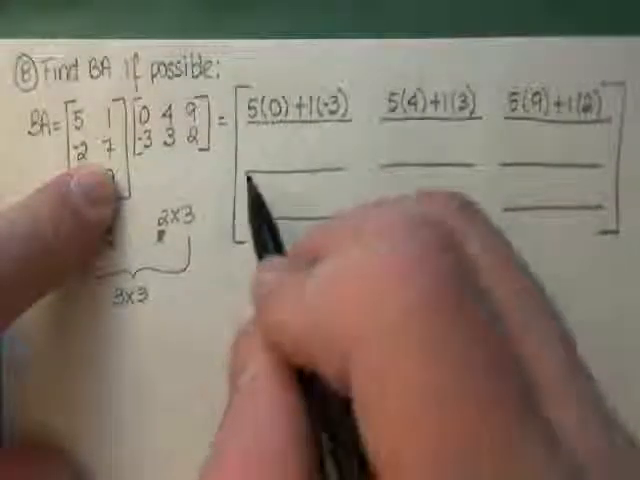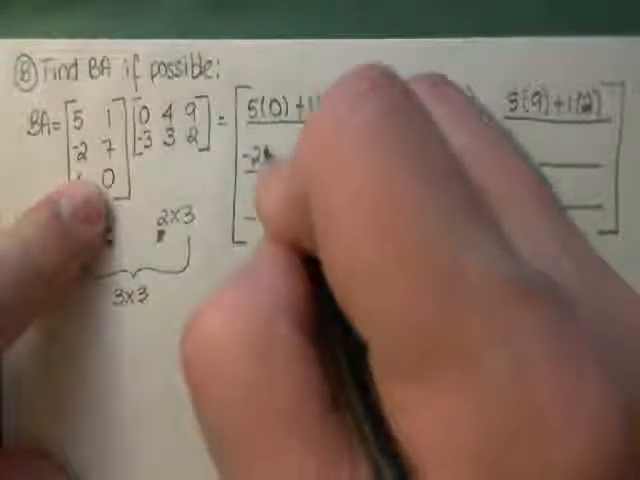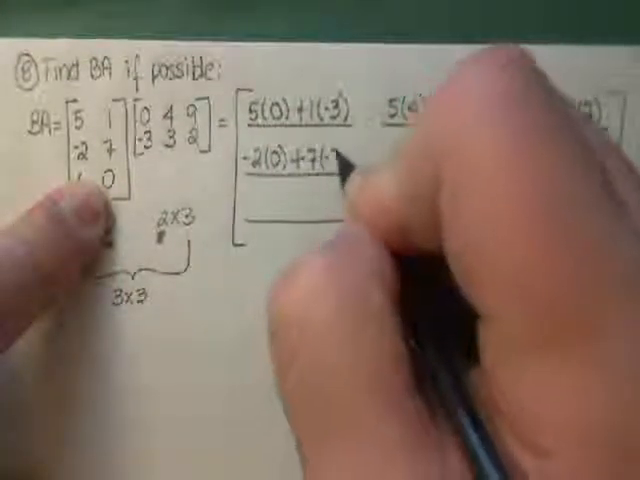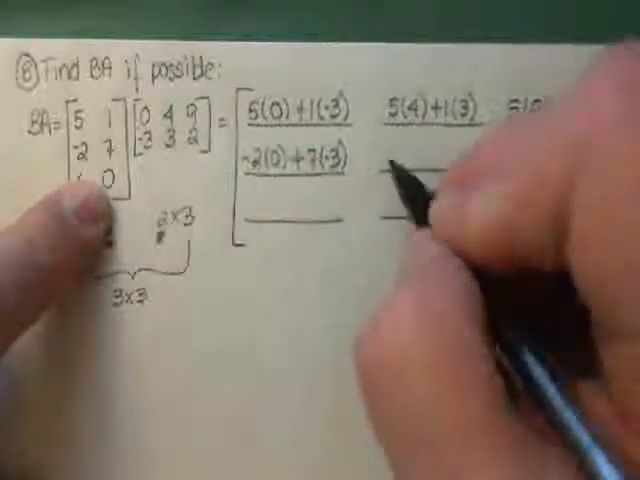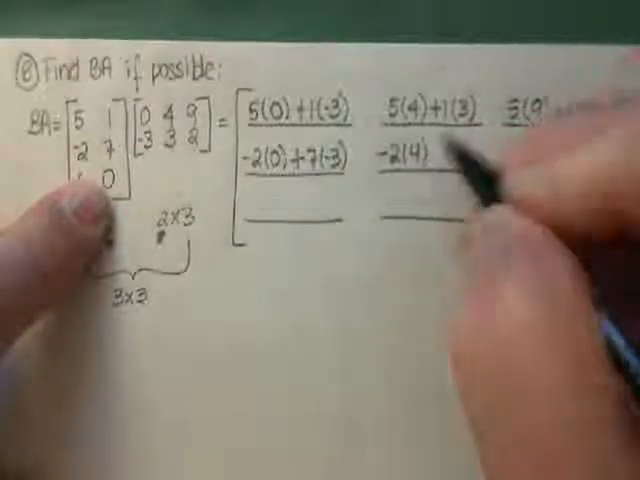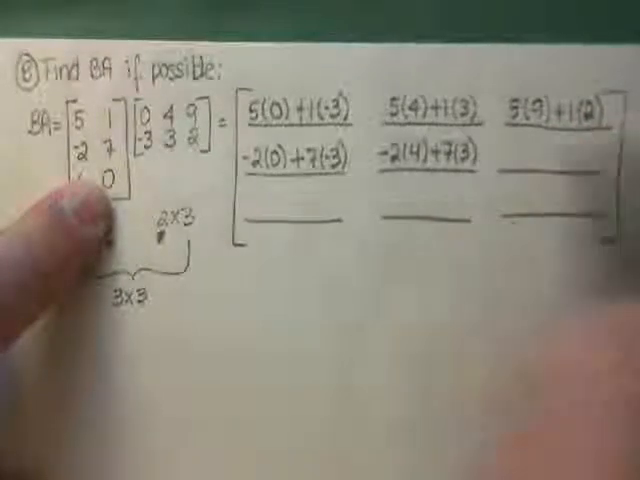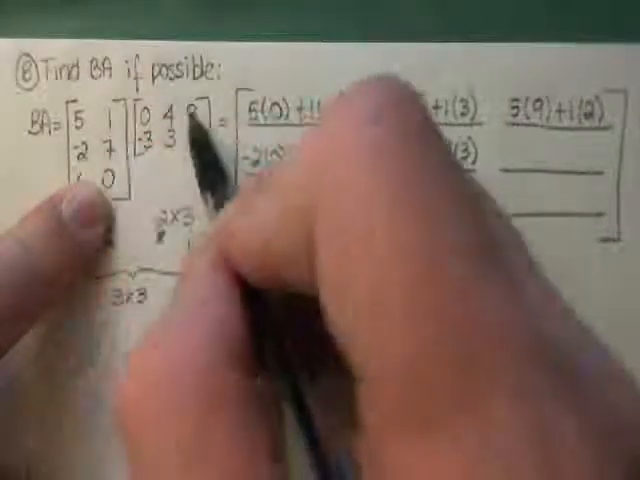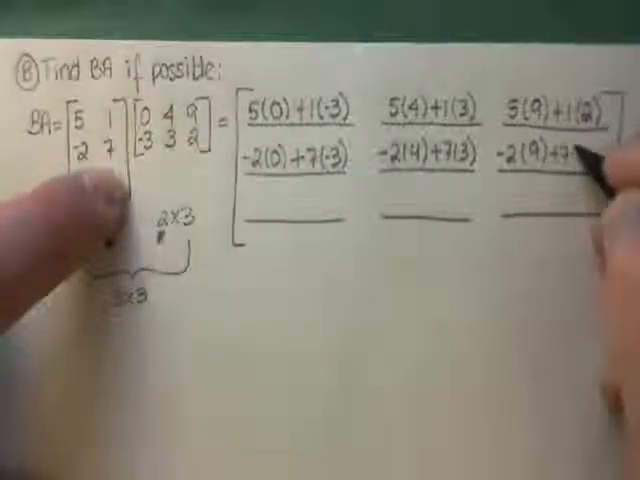Okay. Now we're going to do the address 2, 1. So row 2, column 1. First number with first number. Negative 2 times 0. And then 7 times negative 3. Then we're going to do row 2, column 2: negative 2 times 4, and 7 times 3. And then row 2, column 3 would be negative 2 times 9, plus 7 times